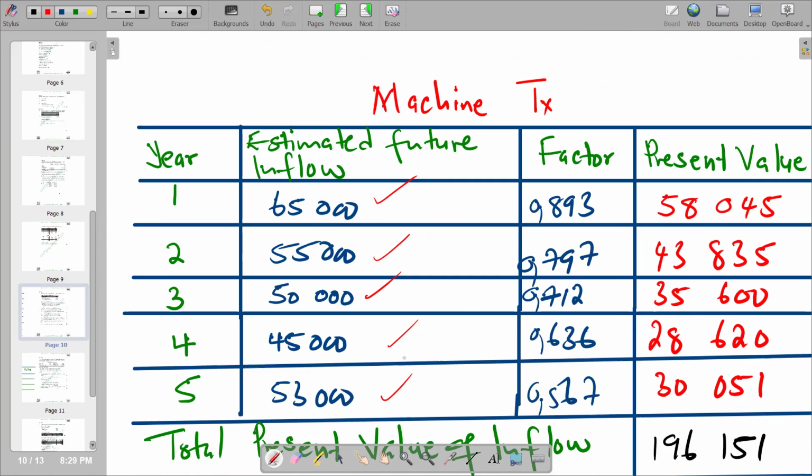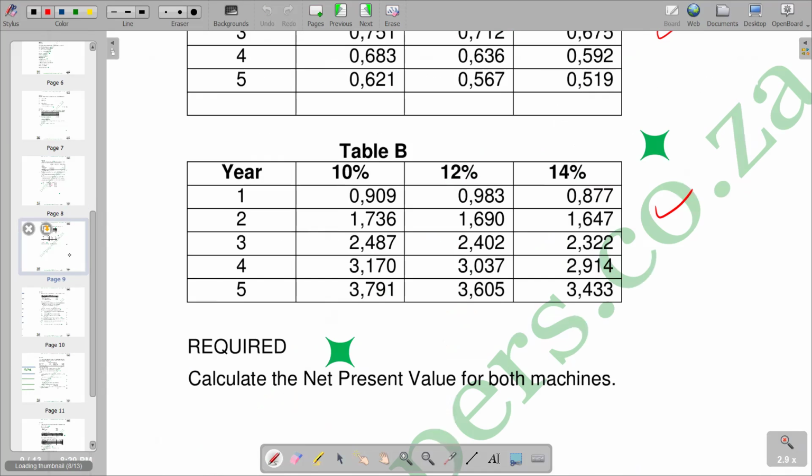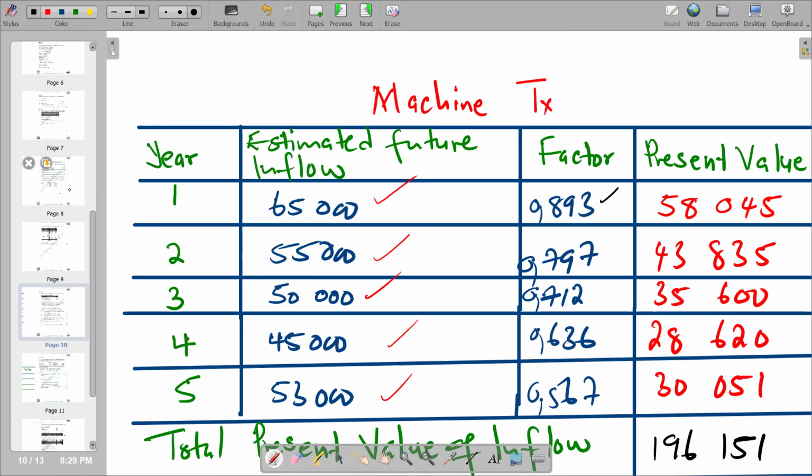Then in terms of the factors, we are going to use the basis of the rate of return. The estimated rate of return of TX is 12%, with different cash inflows in each and every year. So if you go here, you'll see that 12% is going to be in this column, in the table for different cash inflows for each and every year. So for year 1, we've got a factor of 0.893, which we also have entered as 0.893. And then for year 2,